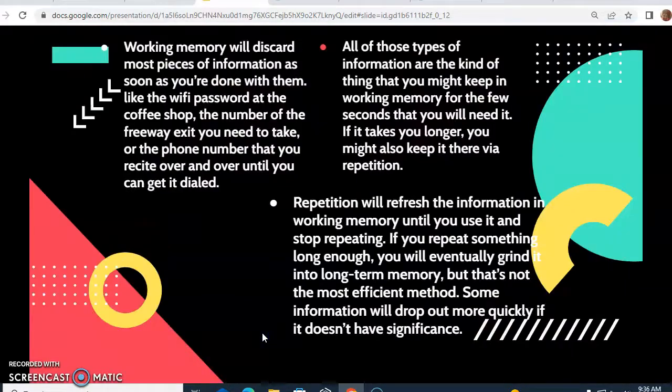What do we retain? Working memory will discard most pieces of information as soon as you're done with them, like the Wi-Fi password at the coffee shop, the number on the freeway exit you need to take, or the phone number that you need to recite over and over until it can get dialed. All these types of information are the kind of thing that you may keep in working memory for the few seconds that you will need it. If it takes longer,